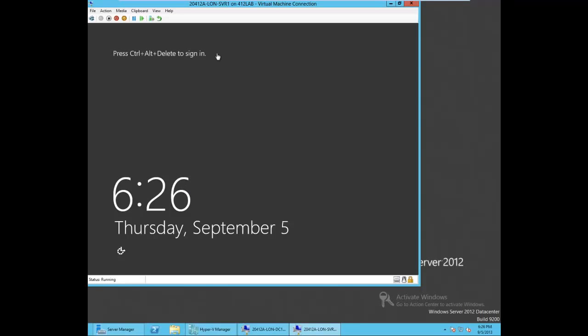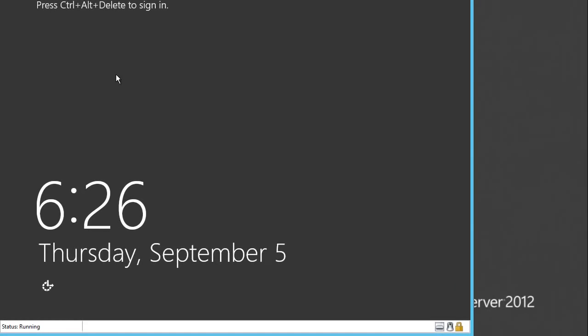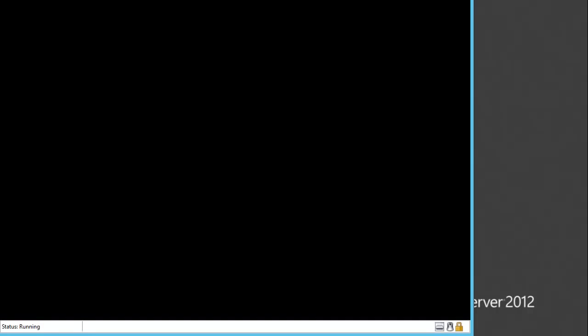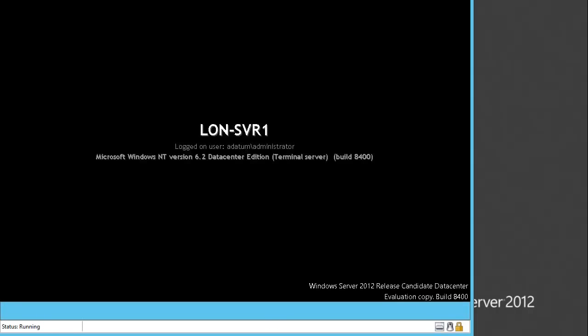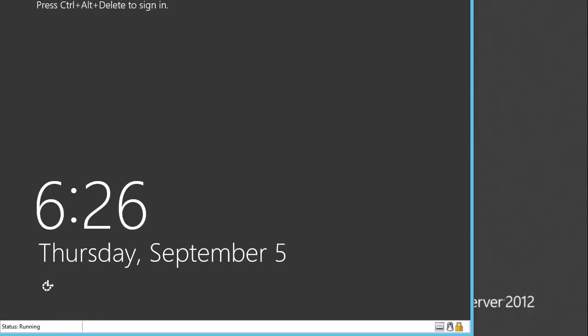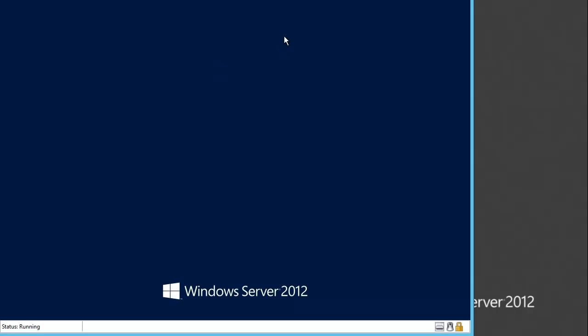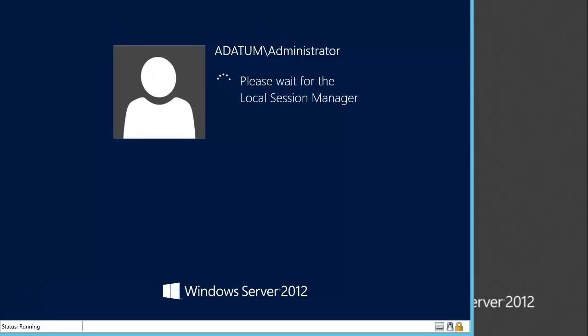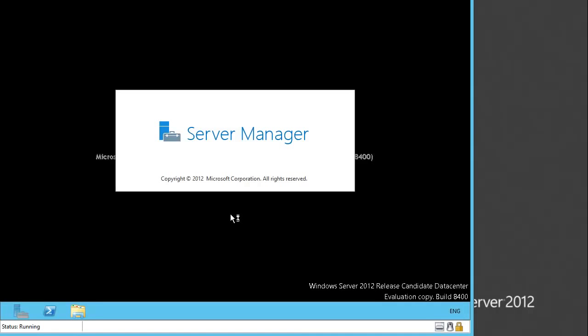So let's go to server 1. We are on server 1. Let me log into the server. Let me log on to the DC as well. So on server 1, what we will do, we will add a role